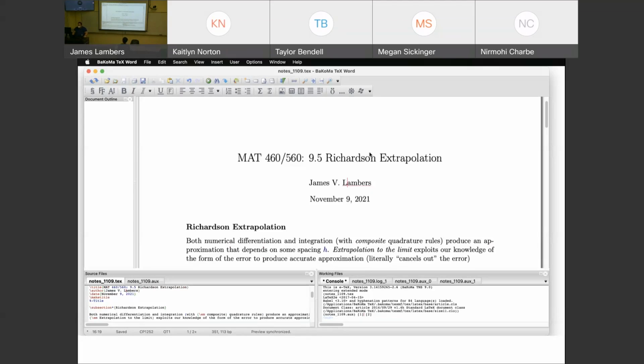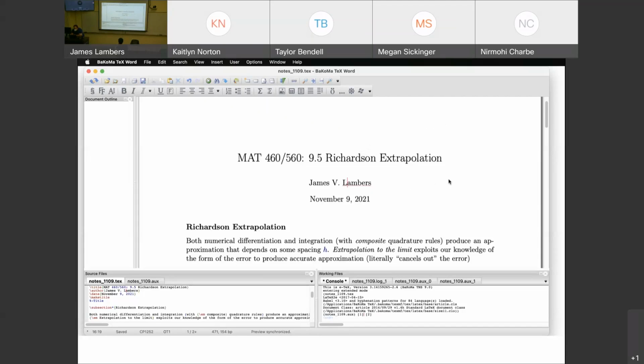So today we're looking at a technique called Romberg integration, which is actually based on a more general technique called extrapolation to the limit, or Richardson extrapolation. And then on Thursday we'll look at Gauss quadrature. All right. So the idea behind Richardson extrapolation, also known as extrapolation to the limit,